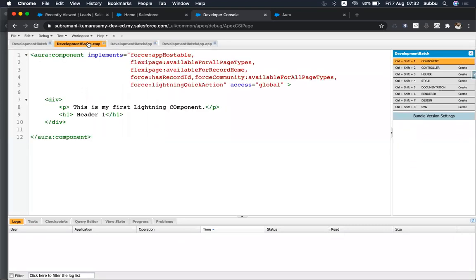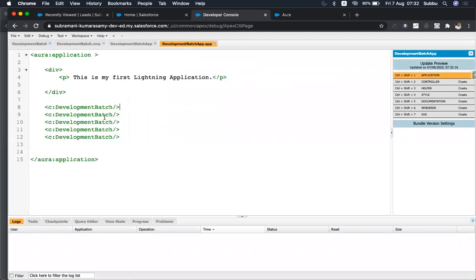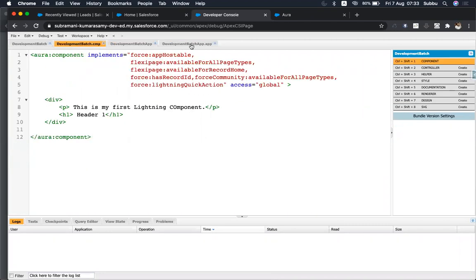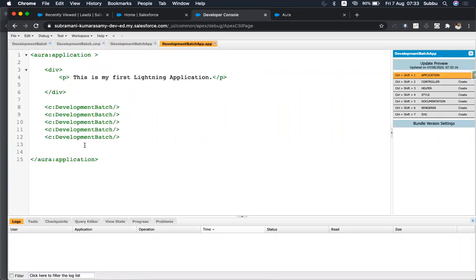Okay, so now we know how to create the lightning component and how to launch it in the lightning application. Inside the lightning application, how to call your lightning component, that you know. Now let's talk about one thing.